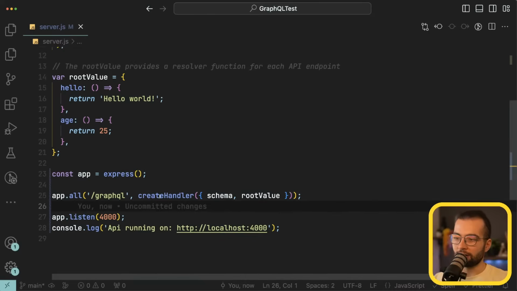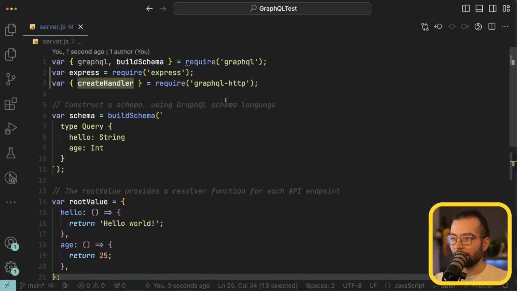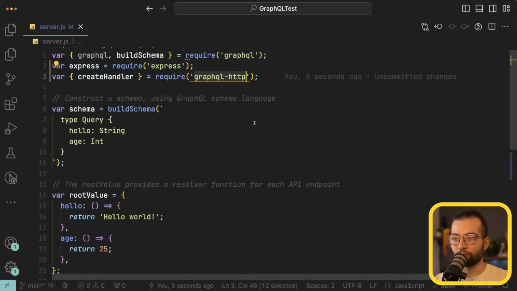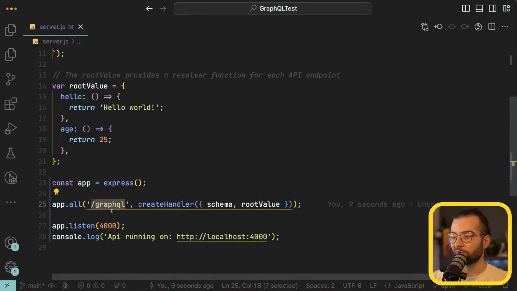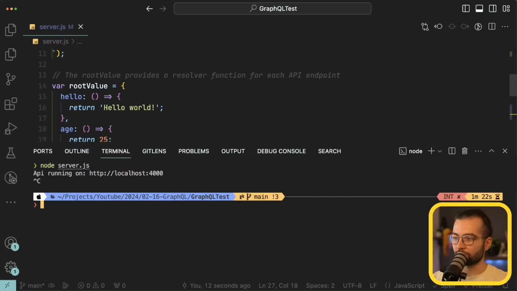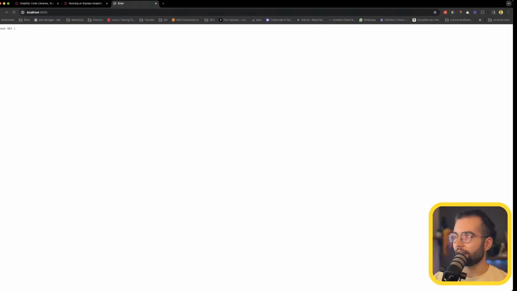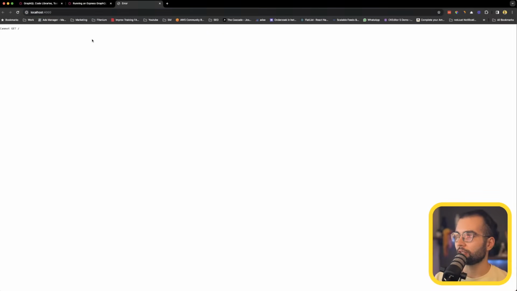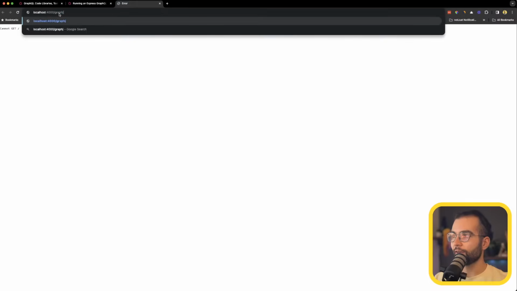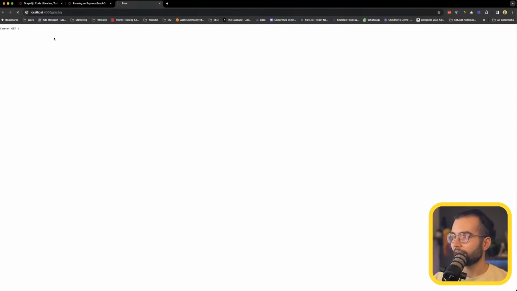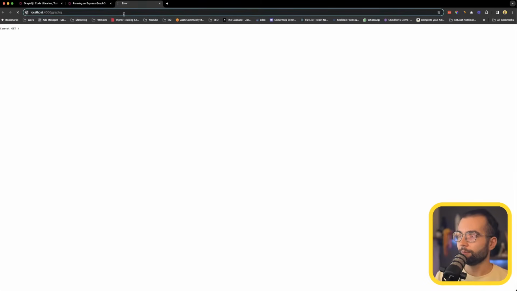So now our GraphQL that is being served over HTTP is listening to requests on the /graphql endpoint. So what I'm gonna do is I'm gonna stop the server, run it again, or even better, I'm gonna show you a bit later. And let's go in our browser, and if I open localhost 4000, we see that we cannot get here. But if I'm gonna do /graphql, we're gonna get an error,